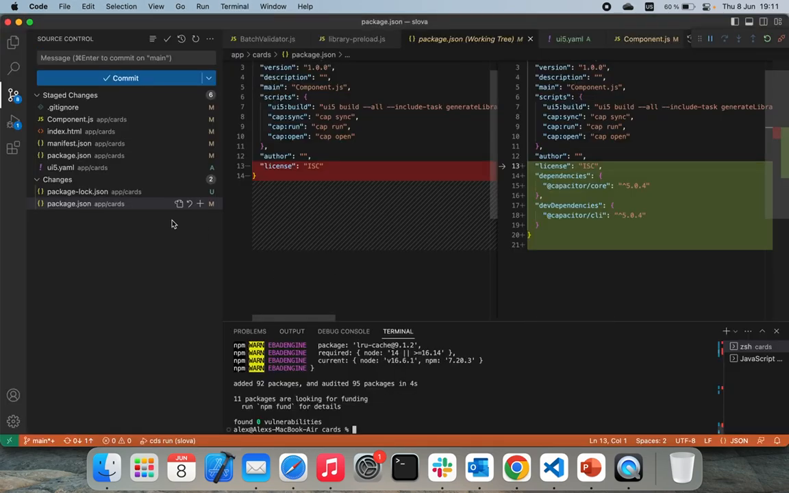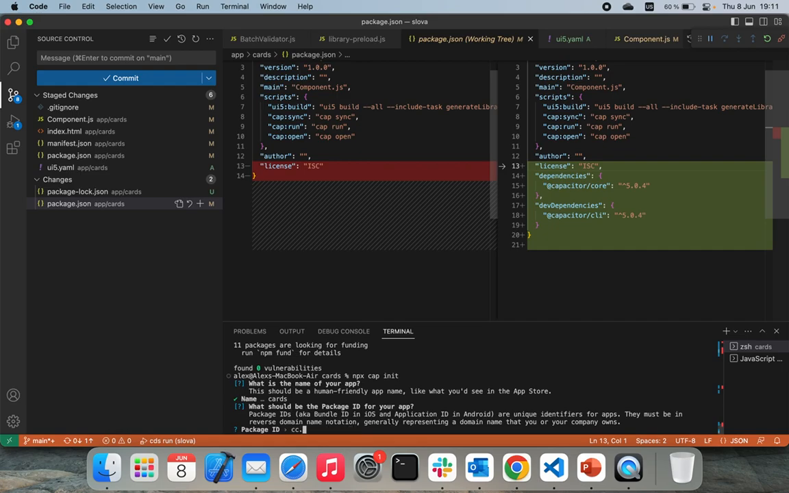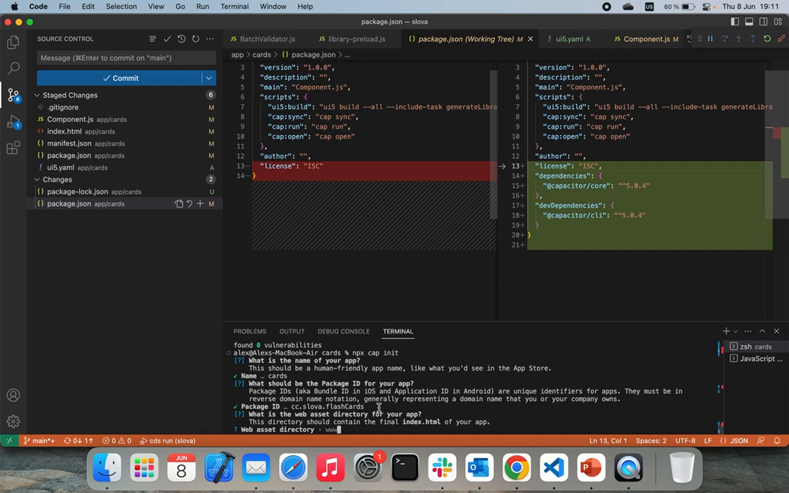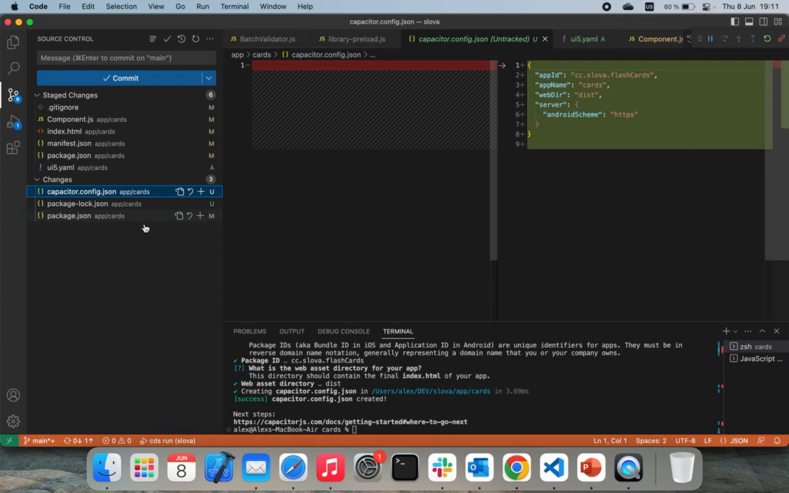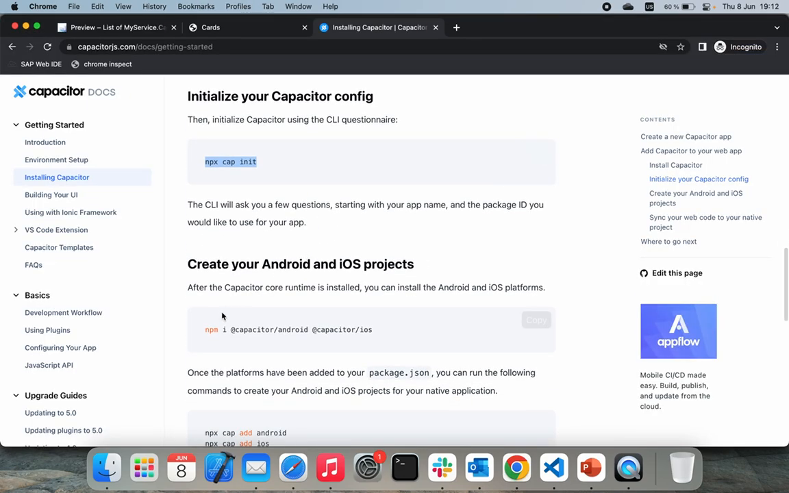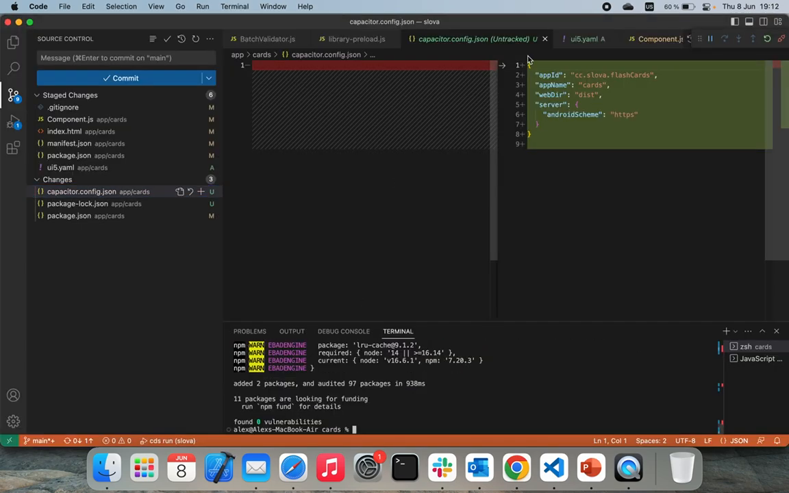This will be the initialization of the Capacitor project. Let's assume that I have this domain, bot, flash, I don't know, cards. This will be the application bundle for iOS and Android, okay? This is dist, and that's pretty much it, right? So this is the config, and then we just add platforms as dependencies,